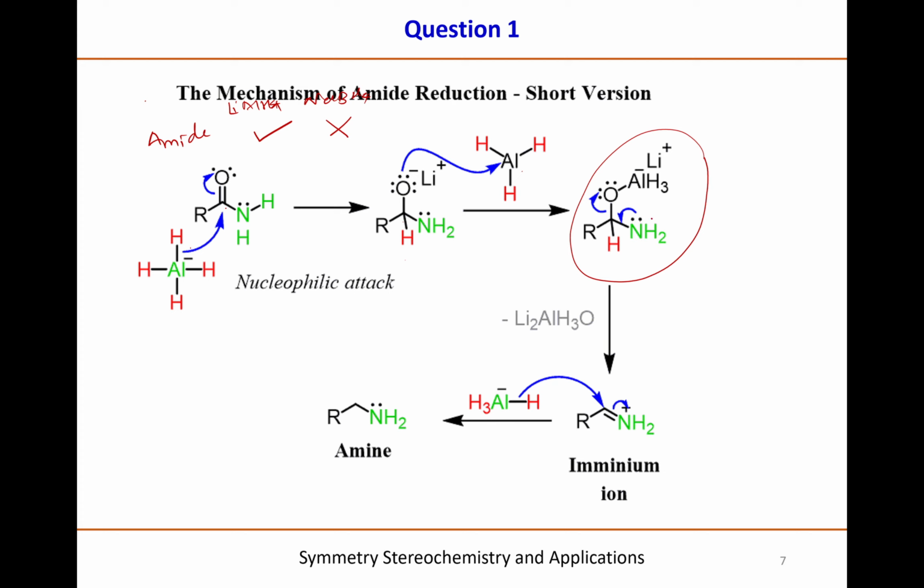Why does the lone pair of nitrogen only push here, and why can't AlH3 bind with nitrogen? Because of the different energy of the orbitals. The lone pair of nitrogen is higher in the HOMO compared to the oxygen one, and it is more easily available to donate. That's why it will push the lone pair of electrons here, and it will get knocked out, to give this iminium ion. After getting this iminium ion, again hydride transfer will take place from lithium aluminium hydride to give the primary amine as a product. Okay, so I hope all of you understood. Next,